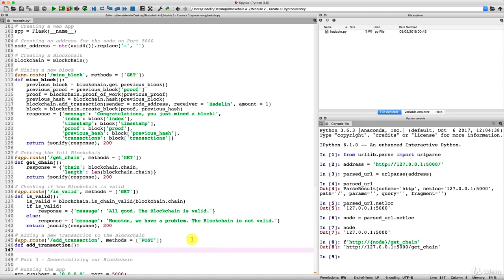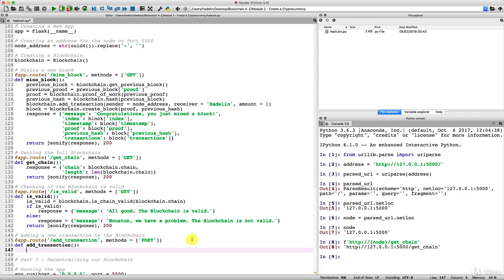But how are we going to get this information of the sender, the receiver, and the amount? Well, we'll get it exactly through the JSON file that we will post in Postman. So that means that in Postman, we will literally create a JSON file, which is exactly like a dictionary, in which we'll type the three keys, that is the sender, the receiver, and the amount, and of course their values. And in their values, we'll input for the sender the name of the sender, then for the receiver, the name of the receiver, and then for the amount, well, the amount of AdCoins exchanged between the sender and the receiver.